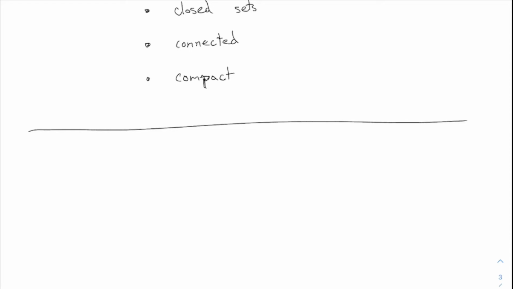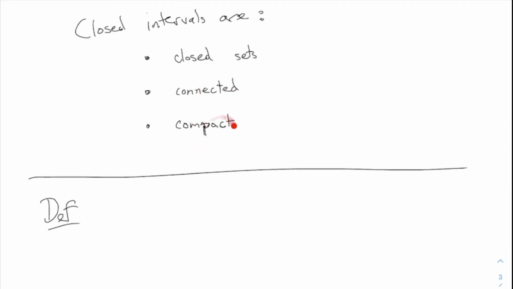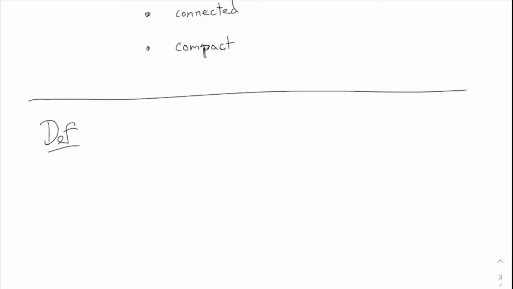Anyway, I'll tell you the definition. Of these three, compactness is probably the most complicated to understand. Connected is a very simple concept. Closed sets we already talked about. Anyway, a compact set: I'm going to say a set K. Our book likes to use K for a compact set. Of course, a subset of the real numbers is called compact